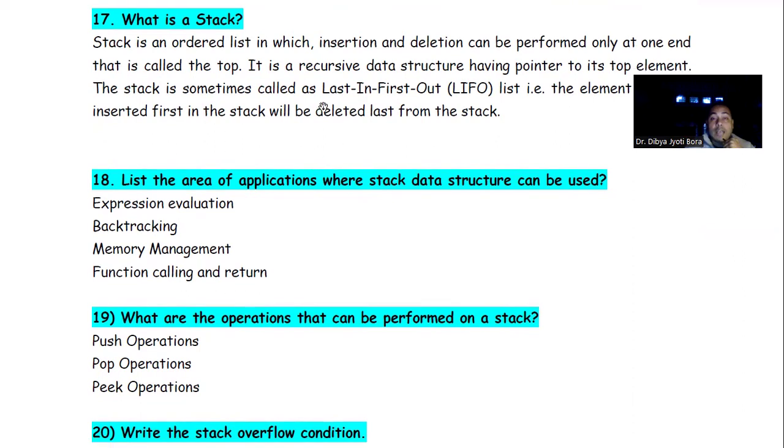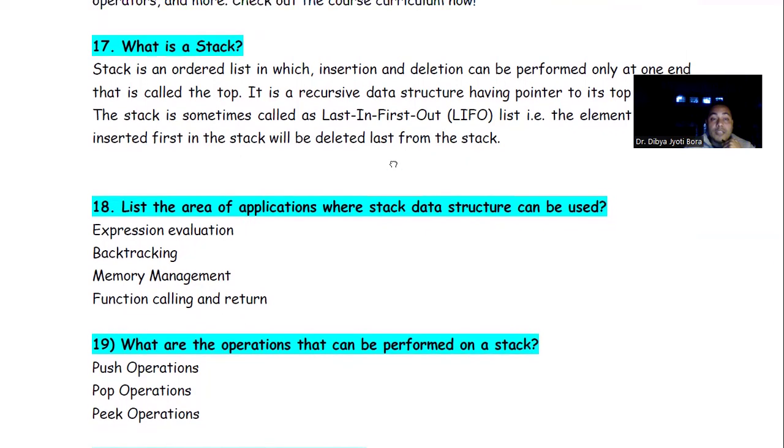So last in, first out means what? The element inserted first in the stack will be the last to be deleted from the stack. It means you are arranging books on your table one above the other. Obviously, the first book you have kept will be the last in that stack of books.